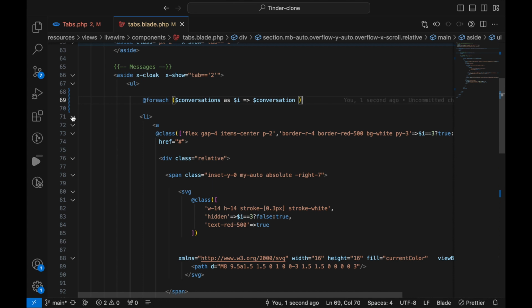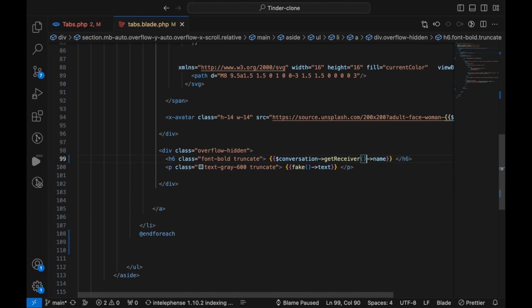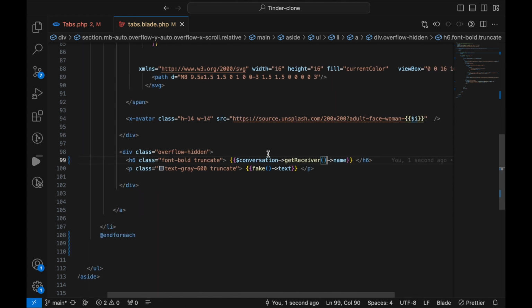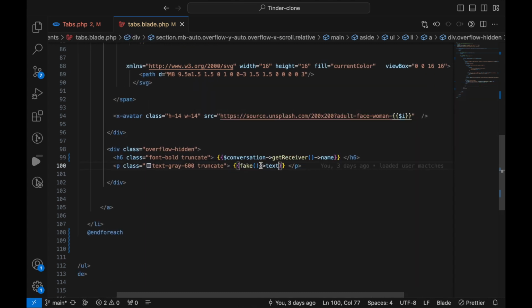In here we're just going to show the name and latest message. So for example, right here in the fake name, we can say conversation get receiver. Remember, before we created this relationship to get the other user in this conversation who is not us currently. Receiver name, and then in the fake text we can remove that. In here, conversation messages, make that the new query, question mark